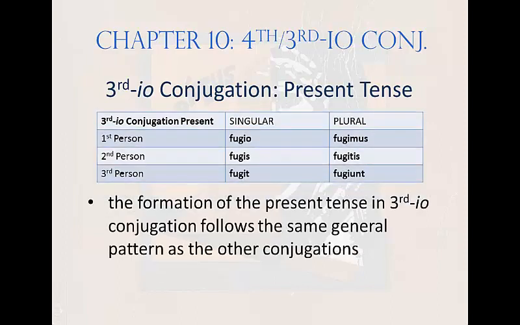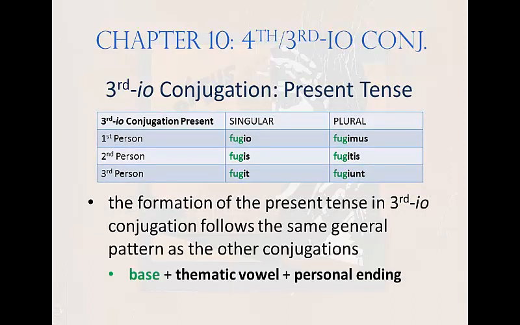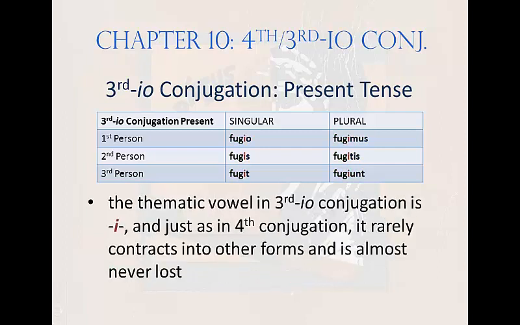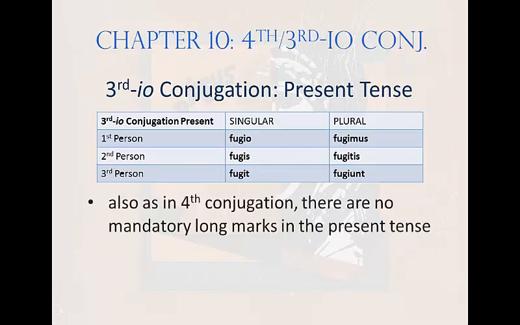Fugio. You can see that it follows the same general pattern as the other conjugations. Base plus thematic vowel plus personal endings, rendering fugio, fugis, fugit, and so on. Not much excitement there either. The dominance of the I thematic vowel makes this conjugation look a lot like fourth, especially since the I rarely contracts into other forms. And, just like in fourth also, there are no mandatory long marks